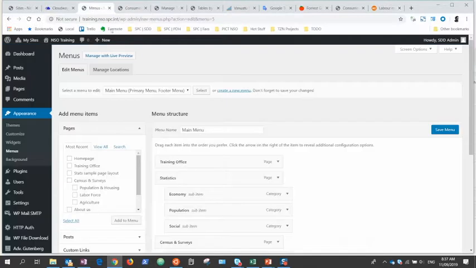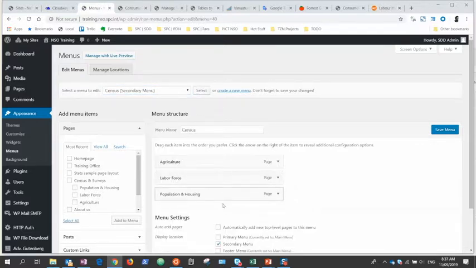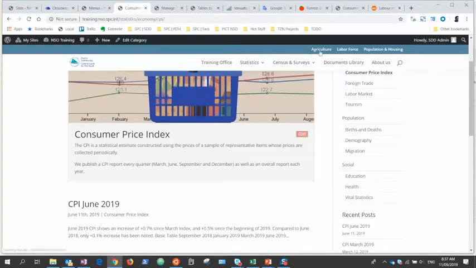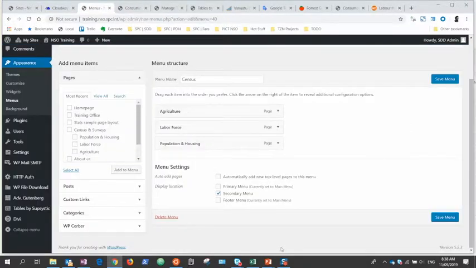Okay. And then we have census menu, which is on the secondary menu, which is here. Agriculture, labor force, and population and housing. Okay. Does it make some sense to have categories as menus